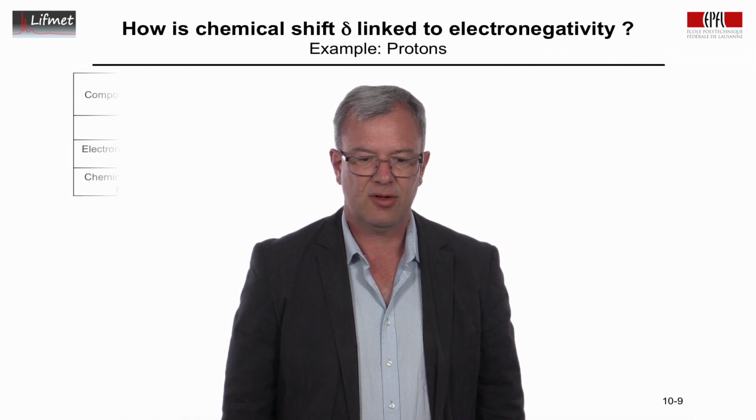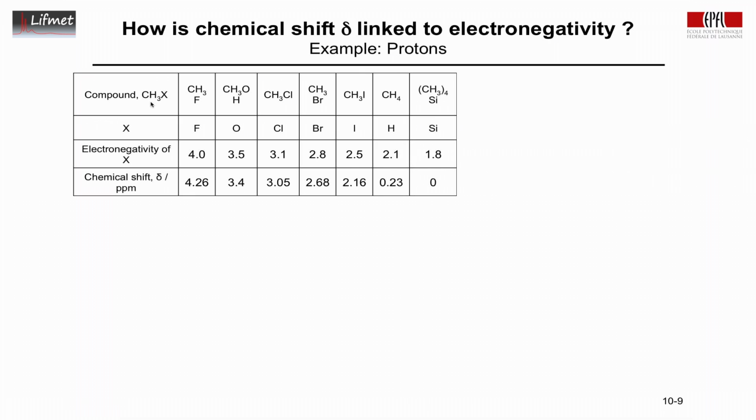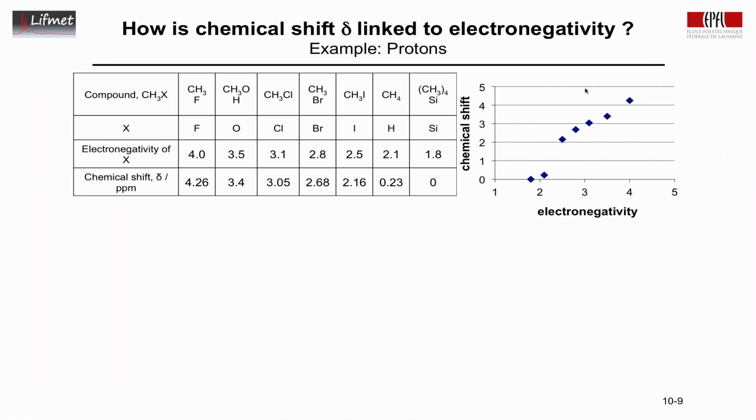And I've taken here a table. We're looking at compounds CH3X, where X is fluorine, oxygen, chlorine, bromine, iodine, hydrogen, or silicon. In these molecules, one has determined the electronegativity precisely, and also the chemical shift of the proton resonance frequency. Taking this table and plotting electronegativity on the x-axis versus the chemical shift on the y-axis, we actually see a fairly nice, at least monotonous relationship between electronegativity and chemical shift. This compound is a little bit different from the others, but this is a very nice, strong correlation between chemical